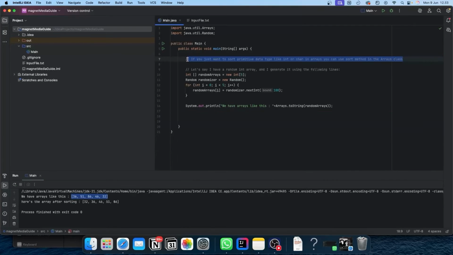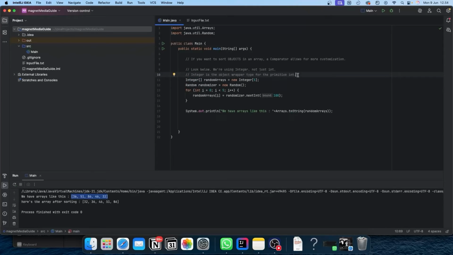However, if the array contains objects instead of primitive types, we'll need to use a comparator. For example, let's change the array so that it holds integer objects instead of primitive integer values. For your information, writing Integer like this refers to the wrapper class for the primitive type int, which makes each